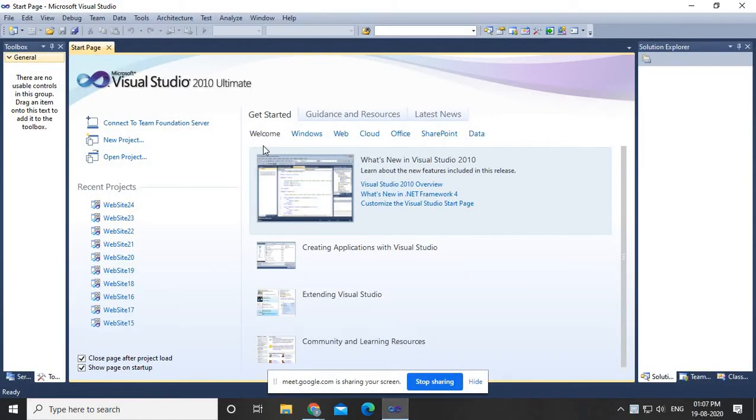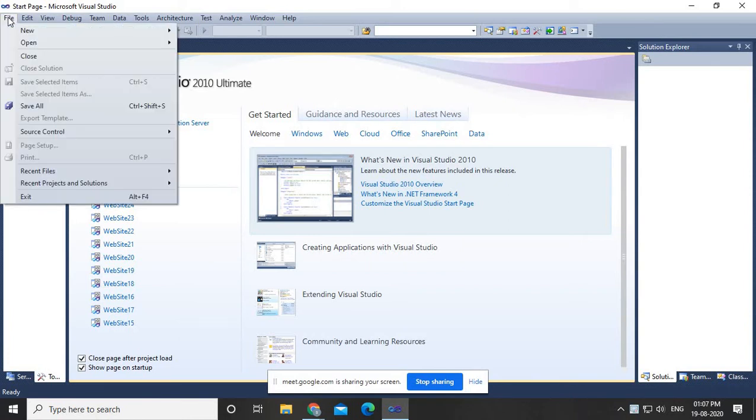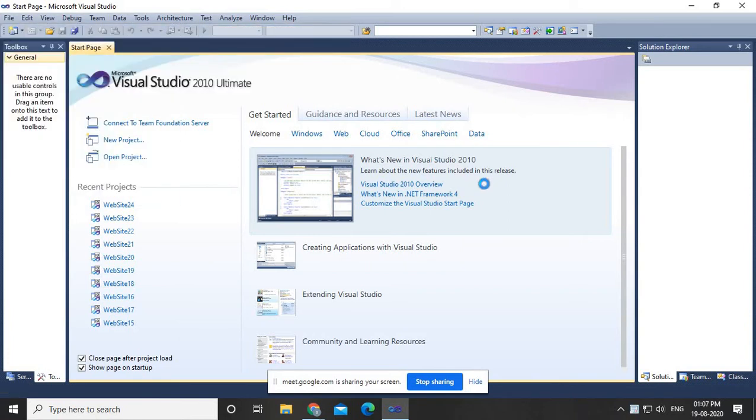Okay, so basically in the last session, we had a detailed discussion on how we can use different login controls. Those login controls help you implement or enforce security in your website. Fine. So basically, we'll start with a new website.